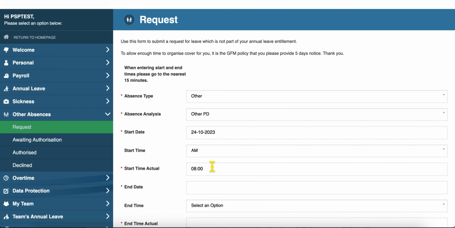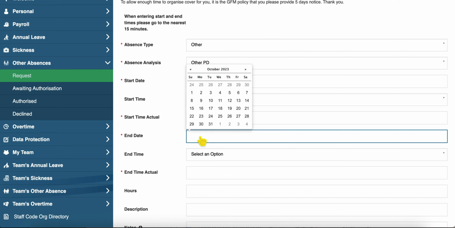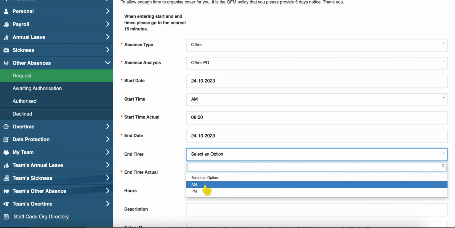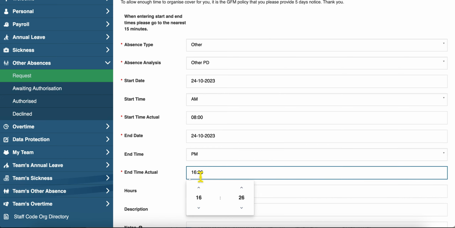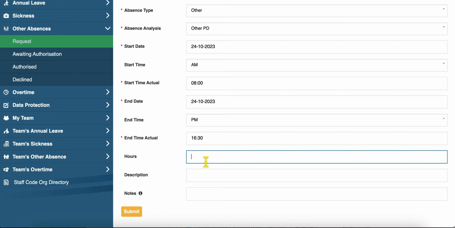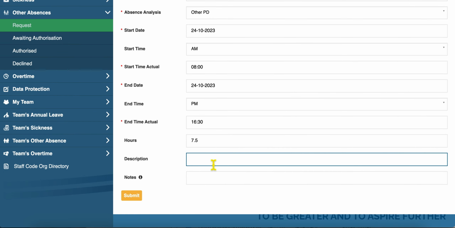This could be helpful to my manager if they have got to cover certain allocations of subject lessons, etc. I'm going to choose the end date, the 24th, and the end time is at the end of my working day, which for me is 16:30. I'm going to put the number of hours that I work during the day,